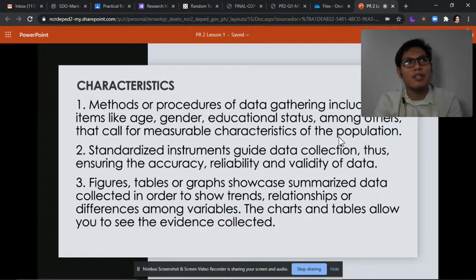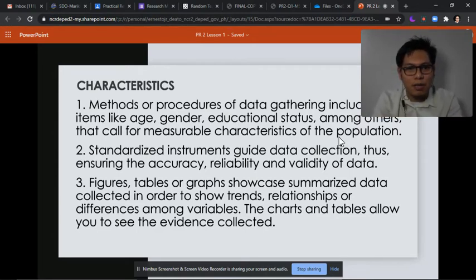So as much as possible, hindi tayo gagawa ng atin. Kasi pag gumawa tayo ng atin, there will be series of validations na magko-consume ng time. But if we have no choice, for example, there will be no available standardized instrument, magde-devise talaga tayo ng sarili natin. So later na 'yon. Siguro sa mga susunod na panahon.